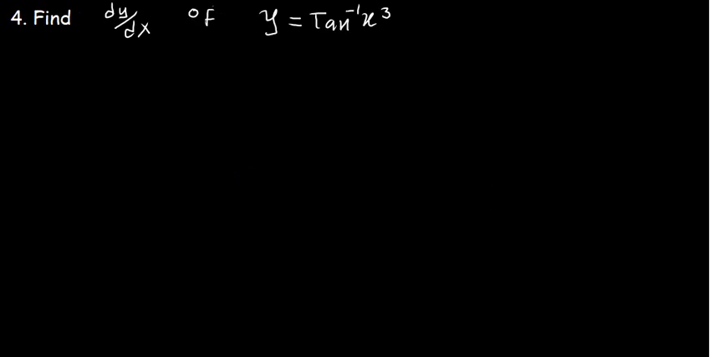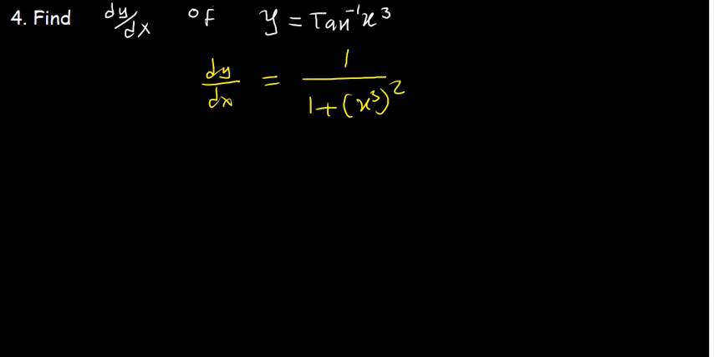And the last question here: find dy over dx if y is equal to tan inverse of x cubed. So how do we go about it? Well, dy over dx is going to be equal to, firstly, the derivative of tan inverse. And the derivative of tan inverse, we know that is 1 divided by 1 plus whatever the value of x here,